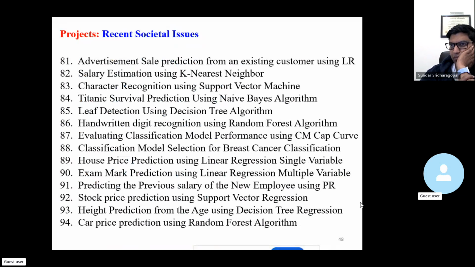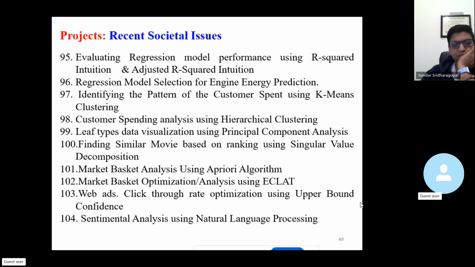employee using a polynomial regression technique, stock price prediction using support vector machine, height prediction from the age using decision tree, car price prediction using random forest algorithm, that is one more classification technique, evaluating regression model performance using R squared intuition and adjusted R squared intuition, regression model selection for engine energy prediction, identifying the pattern of the customer spend